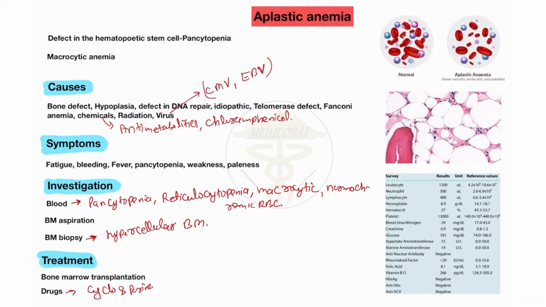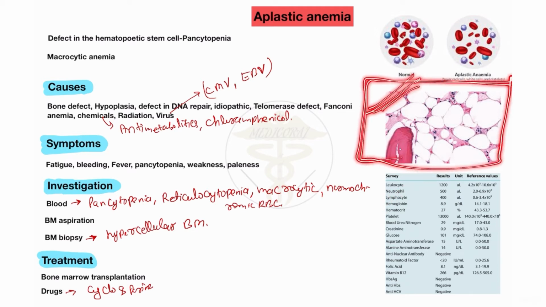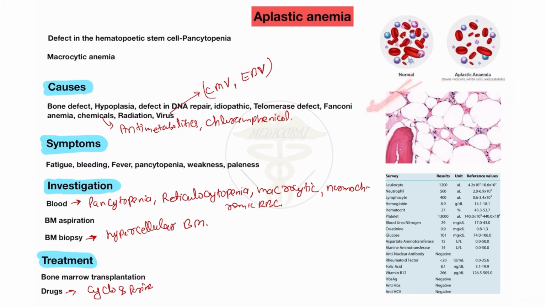You will see the hematocrit value decreases, and the hemoglobin level also decreases in the patient of aplastic anemia. Platelet level abnormality also occurs, but not very low. So this is the blood test, and this is the histopathology of the aplastic type. When you see the histopathological diagram, this is the aplastic type of anemia.